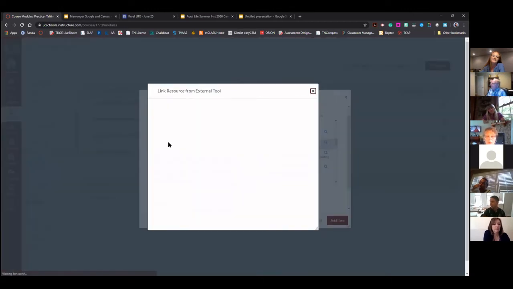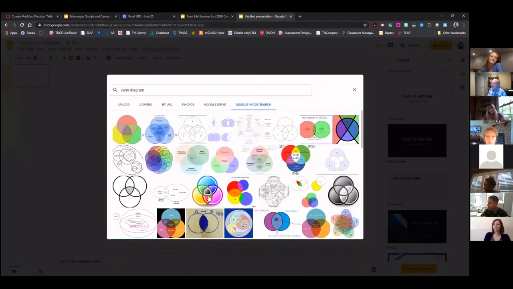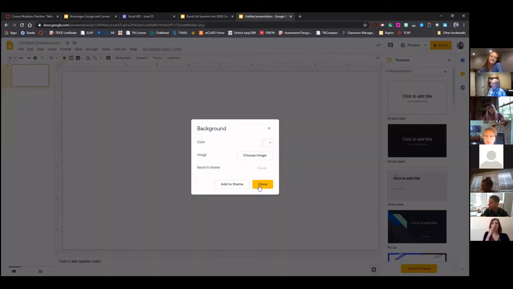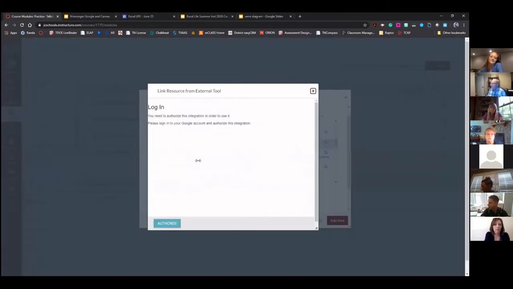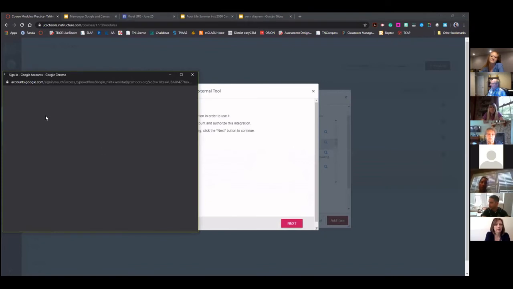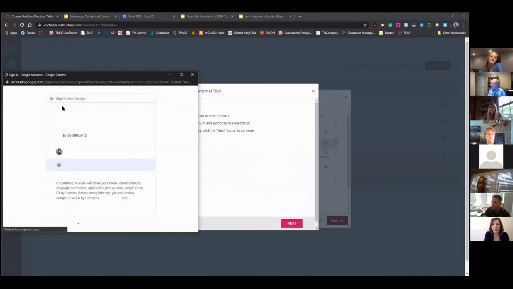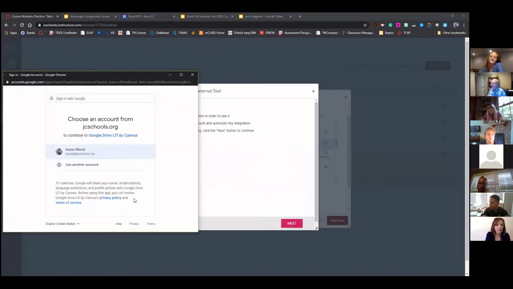I'm going to click that because I want to have a resource from my Google Drive. So what I'm going to do is, let's say that I'm going to go ahead and click this in here and rename this. So that way I can move it over here. I authorize that really quick. Whenever I log on from home and back to school, it kind of switches up on me.